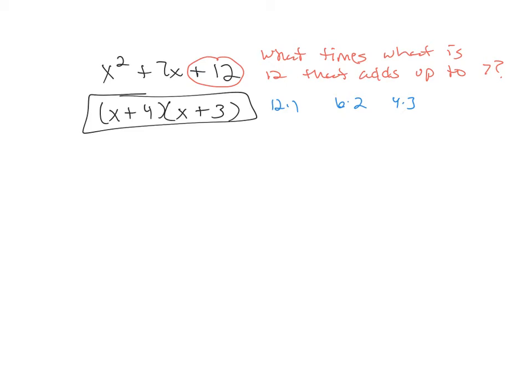I typically put the bigger number first. I think the book does most of the time also. But if you put x plus 3 and then x plus 4, it means the same thing. You're good. Okay, so if you check an answer and you had x plus 3, x plus 4, and the book had the other way around, you're fine. All right, so